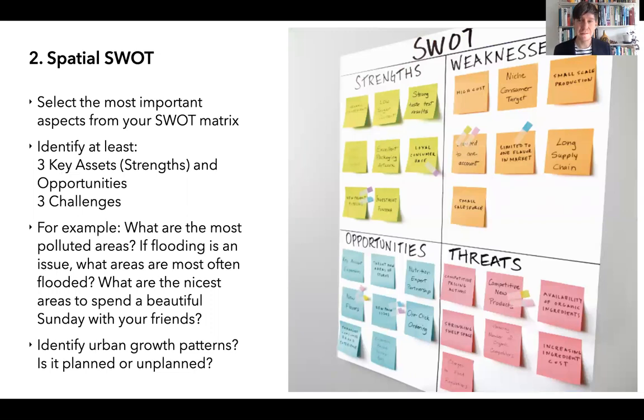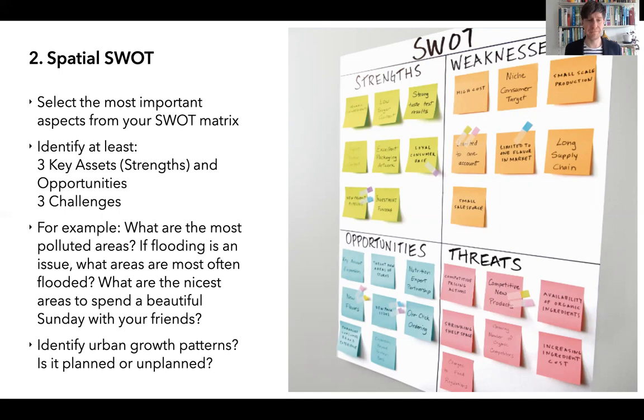Number 2 is then the spatial SWOT. So you would take the SWOT matrix that you already made for your city, and you would take the most important aspects and see if you can put them on a map. So you would identify the three most important key assets, the strengths and opportunities, but you would also identify three challenges, so weaknesses and threats, and see if you can put these onto